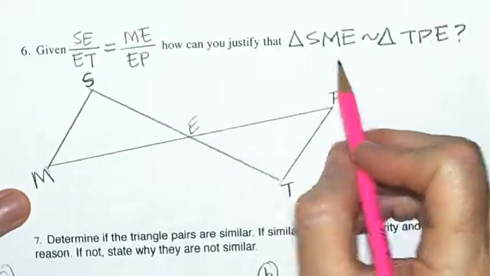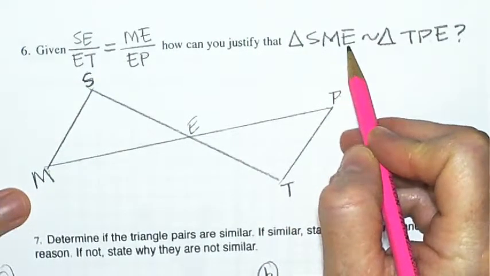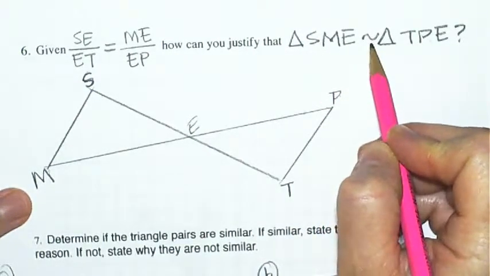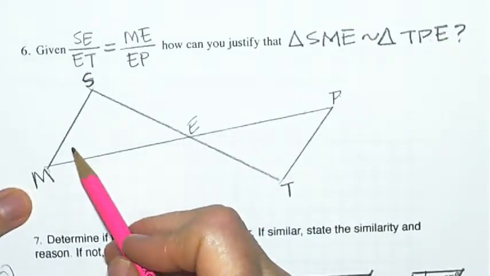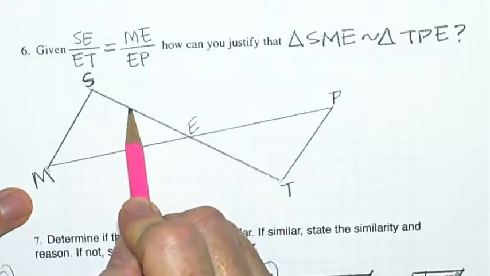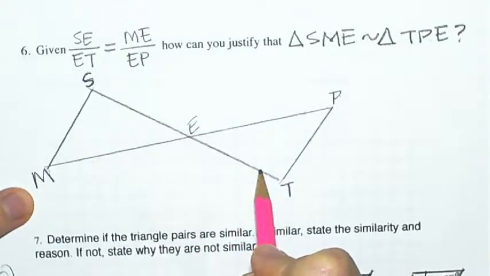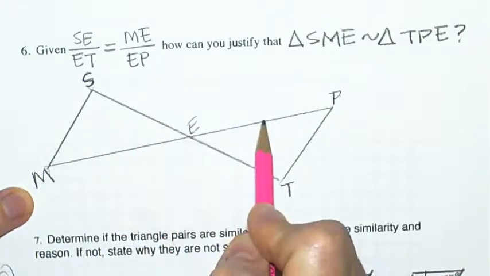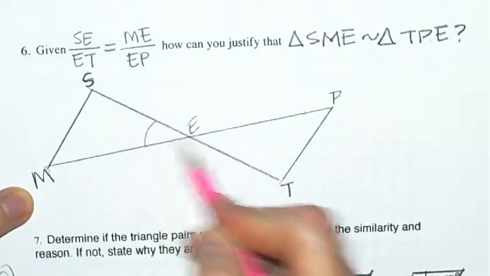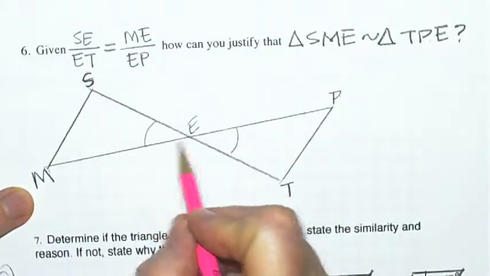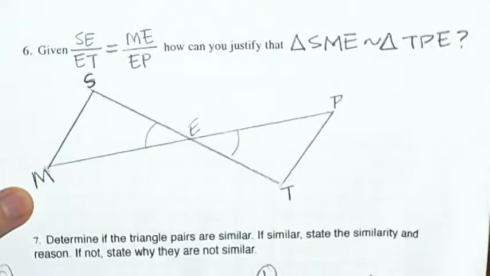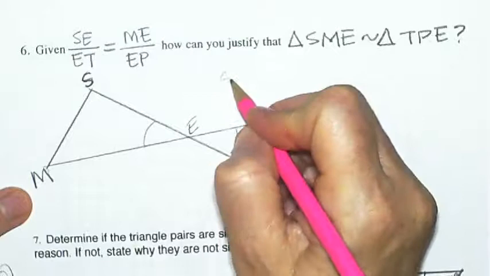How can you justify that triangle SME is similar to TPE? So if this side divided by this side is the same as this side divided by this side, and you've got the angle included in between those sides congruent, those are vertical angles, then these two triangles would be similar